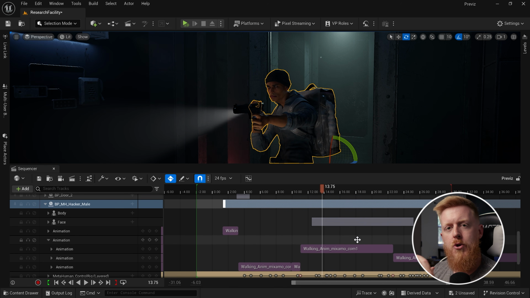But of course, now we need to alter that animation because it's going to be holding its two hands in a certain position that's not going to work with our animation. So